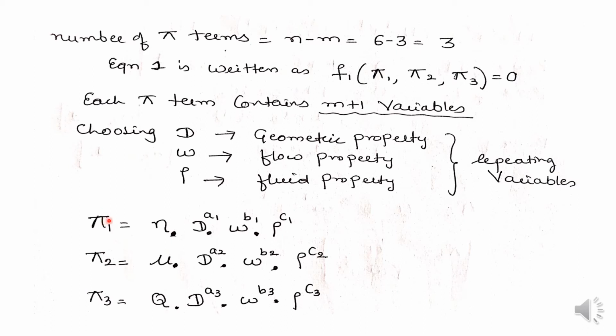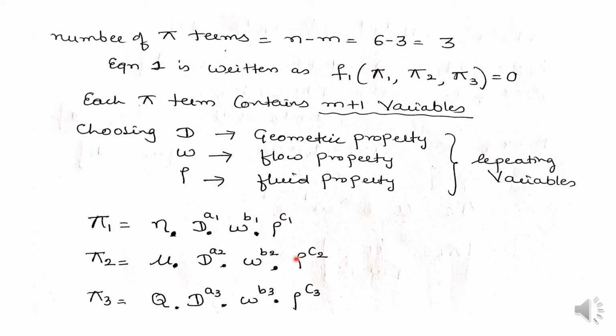So here these are the repeating variables, and the remaining variables we are going to write in serial way. In the first pi term, pi 1 term, efficiency, d to the power a1, omega to the power b1, density to the power c1, we have written these repeating variables. Similarly for the pi 2 term, viscosity is the next variable which is remaining. Again d to the power a2, omega to the power b2, rho to the power c2, where these a, b